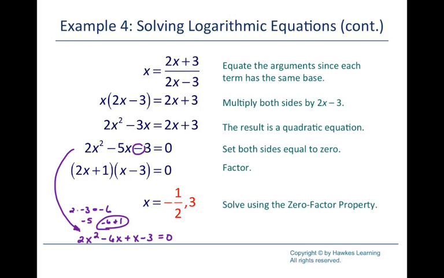I just take that middle term, the minus 5x, and instead of that, write the negative 6x plus x. Now I group, factor out the greatest common factor from each group, so I factor out 2x here equals x minus 3. When I can't factor out anything, I go ahead and put a 1 out there as a placeholder, times x